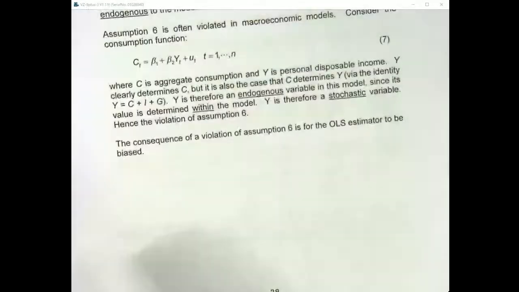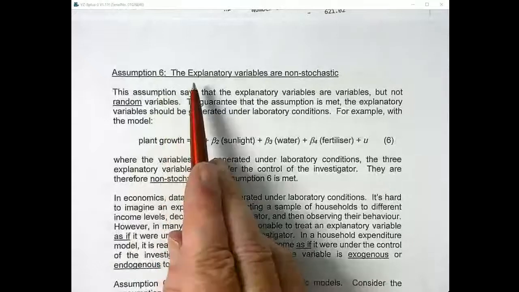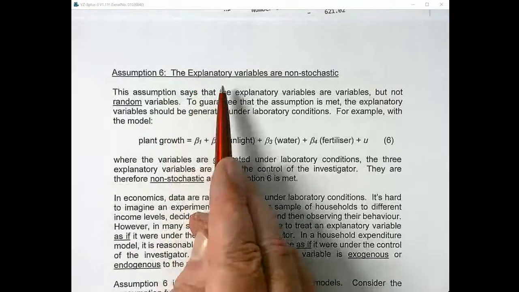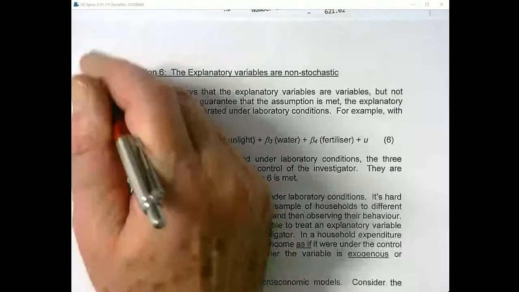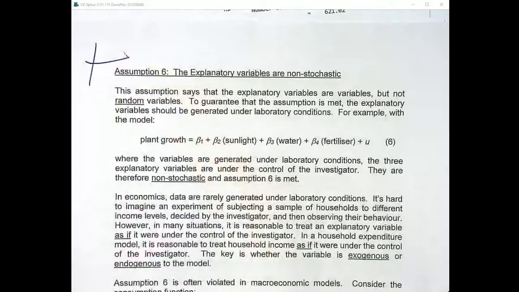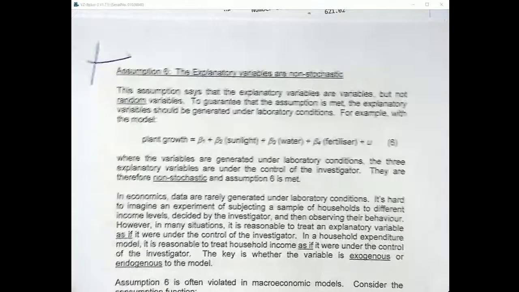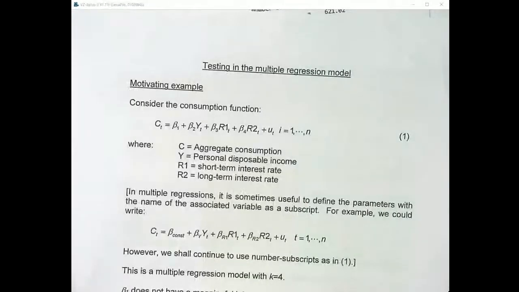And then there's one more assumption, which is assumption 6. The explanatory variables are non-stochastic. And I better stop there because it's almost 3 o'clock. So I'll start the next lecture by going through this last assumption, and then I'll start on testing in the